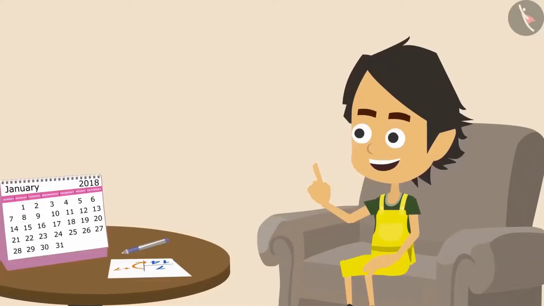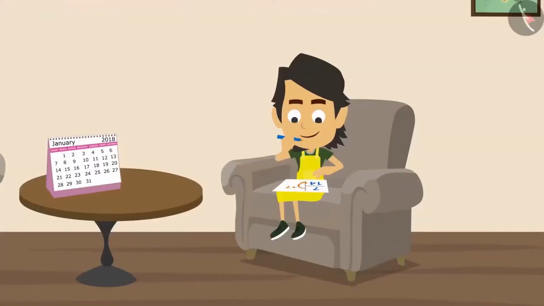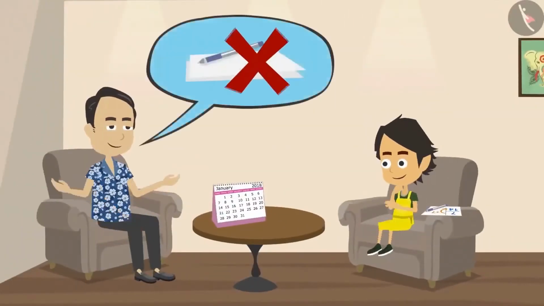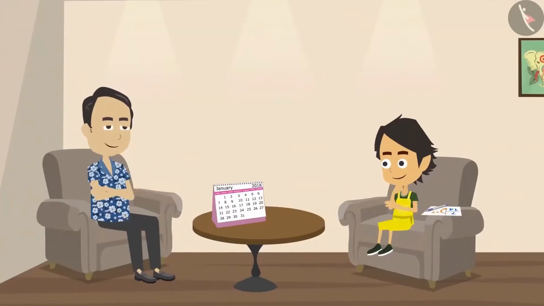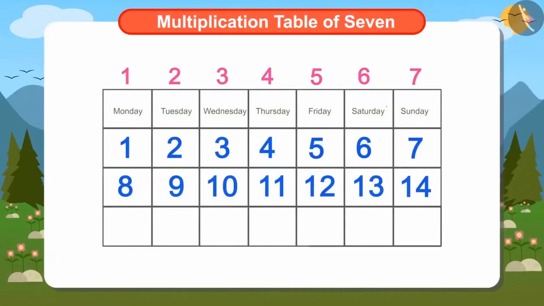Ayushman has understood how to find the answer. He has to add 7 to 14. For this, he again picks up paper and pen. But Papa stops him. He wants Ayushman to answer this question without paper and pen. Can you help Ayushman? Ayushman has understood that just like he added 7 to the date 7th to find the date of next Sunday, 14th, similarly by adding 7 to 14, he will get the date of the following Sunday.